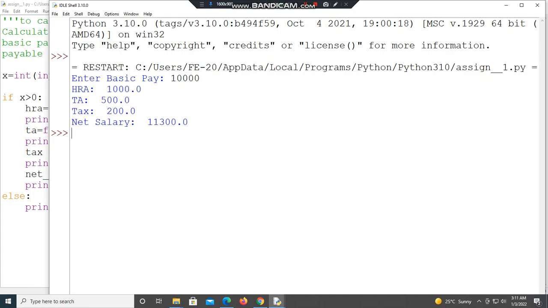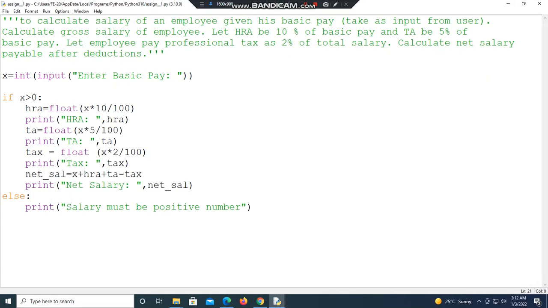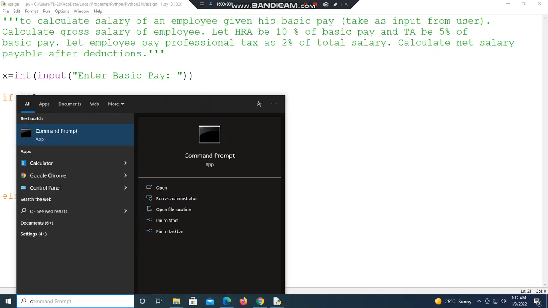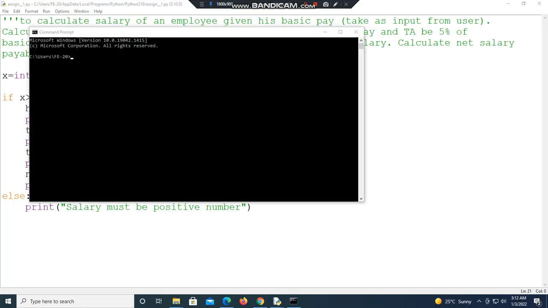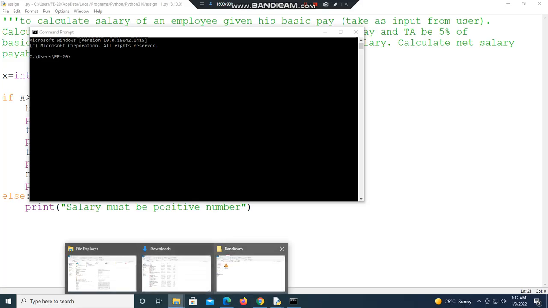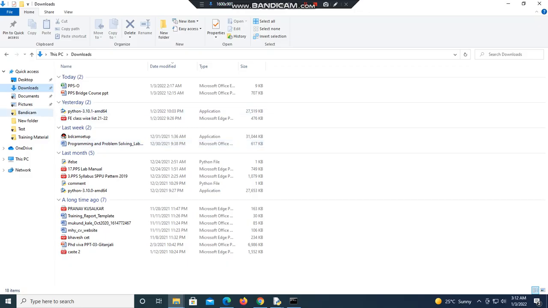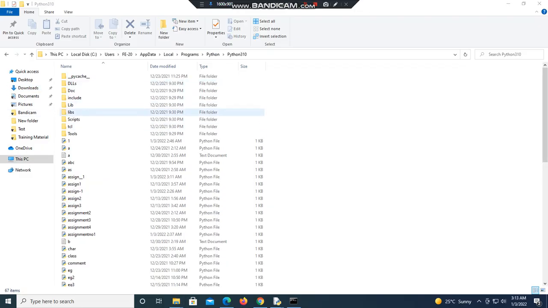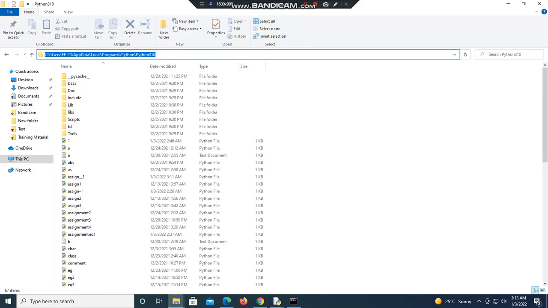If you want to use the command prompt, then you can use the command prompt also. Just write cmd. After that, you need to find the location of Python in your system. The location of Python in my system is this one.